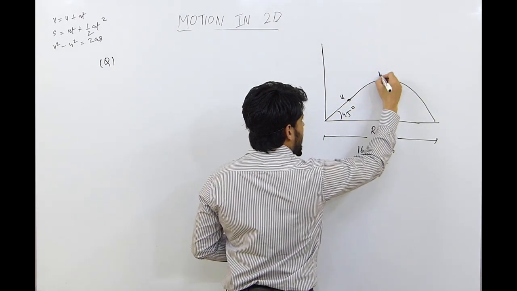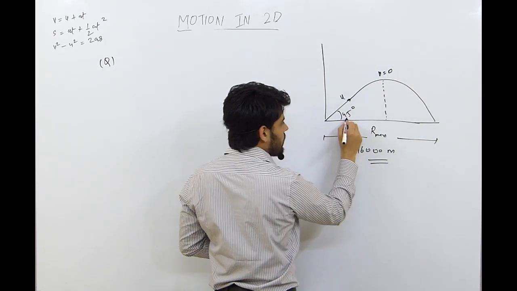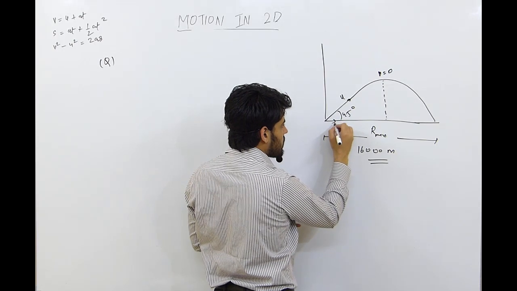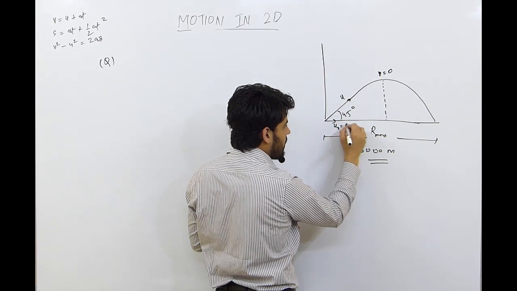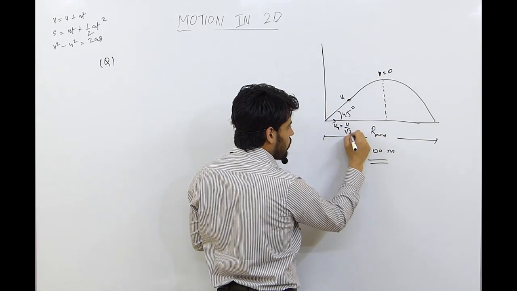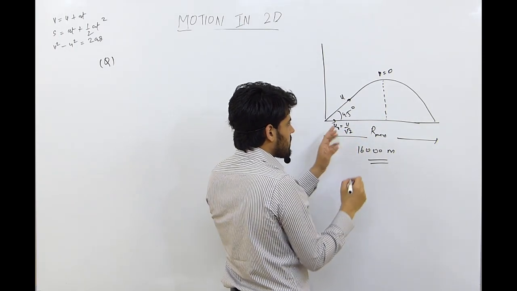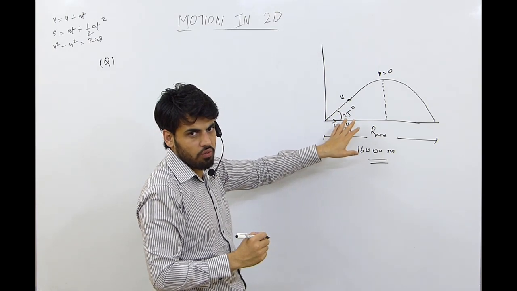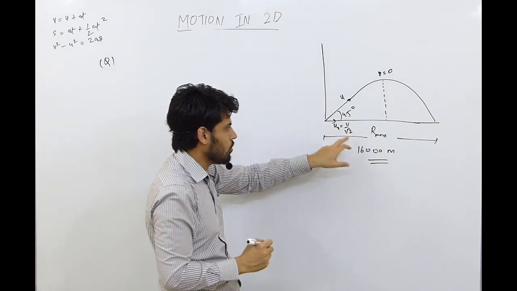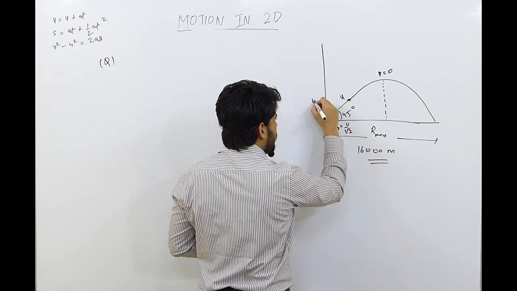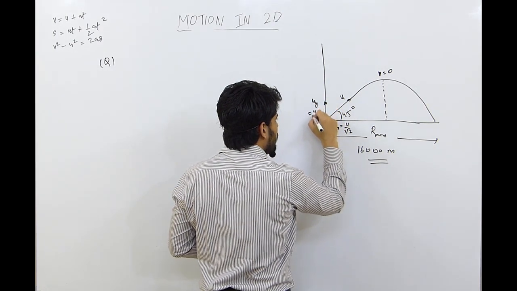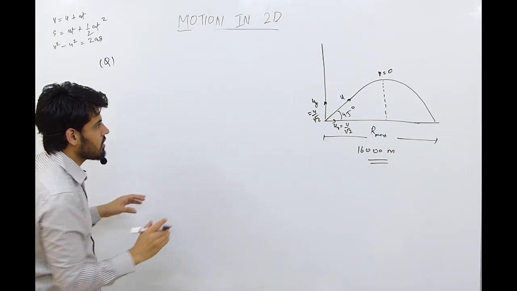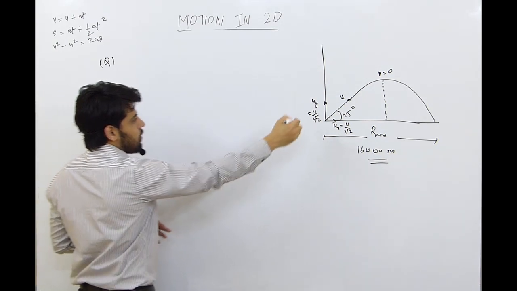See here, v is equal to 0. We know that this is 45 degrees for the maximum range, so ux will be equal to u by root 2. How is it arrived? ux is equal to u cos theta, and when we put theta as 45 degrees, cos 45 is 1 by root 2, so ux is equal to u by root 2, and uy is also equal to u by root 2. I am doing this just to explain each and every scenario, taking only the ascent.